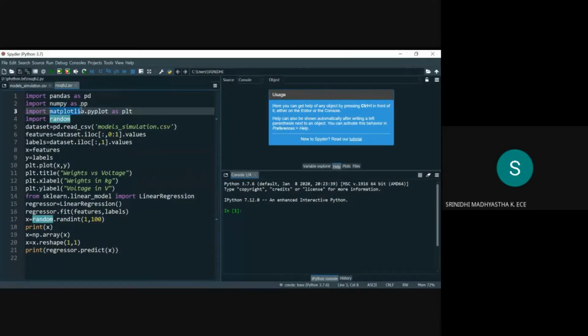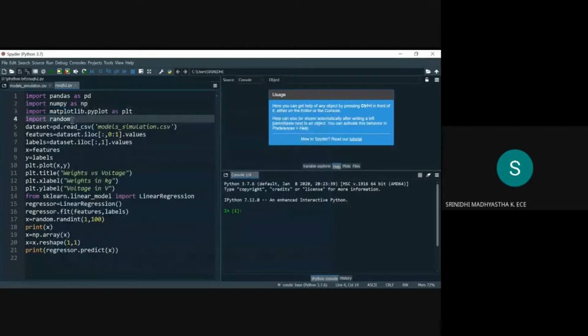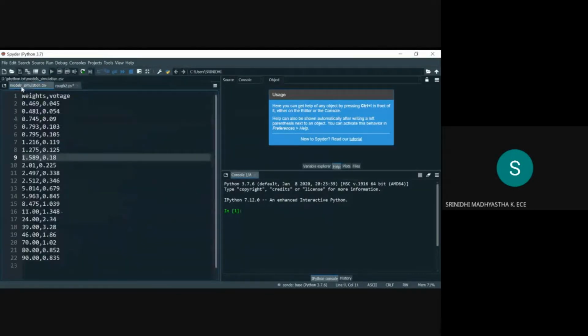Matplotlib is used for graphical representation. Random is used to generate random numbers. So we import these libraries. Next step, we have to read the file, that is, the model_simulation.csv file.